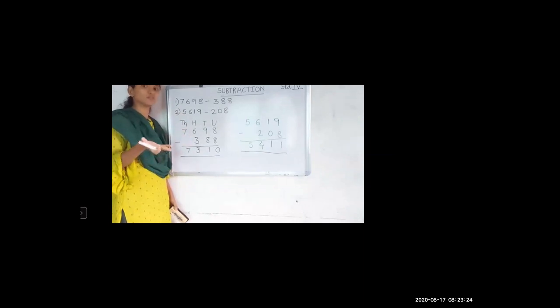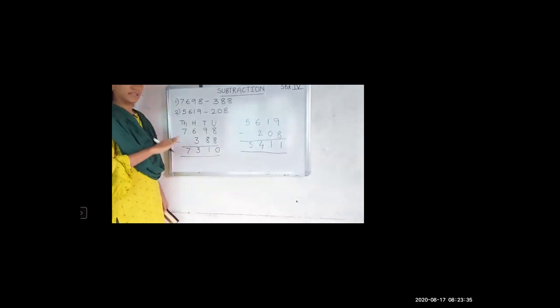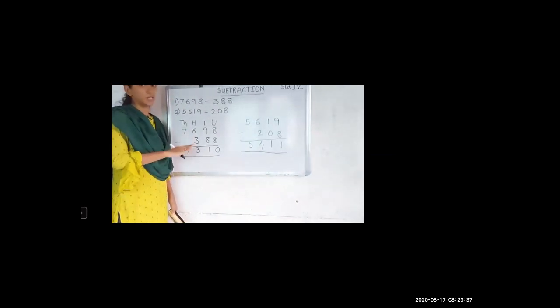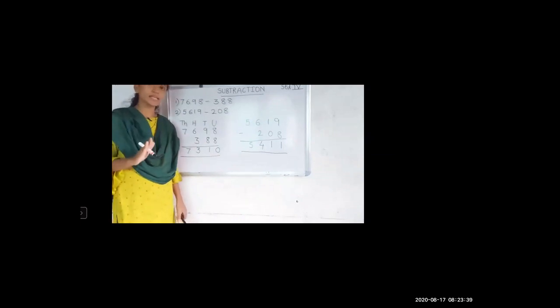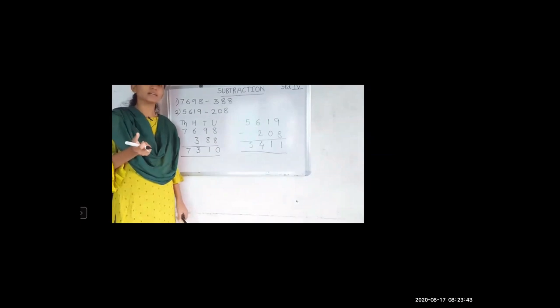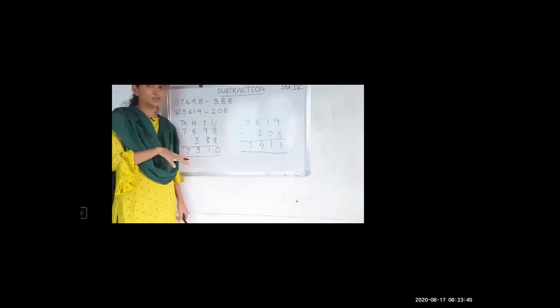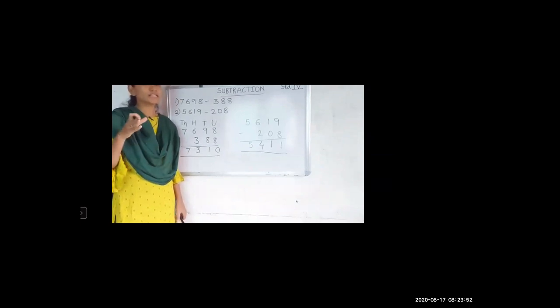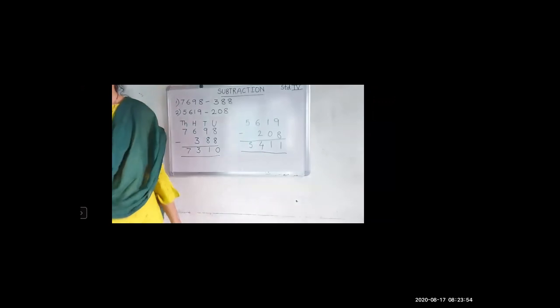So I hope you have understood this kind of examples where one number is of 4 digit and the other number is of 3 digit, or sometimes it may come like this, one number is of 5 digit and the other one is 4 digit. It may come in any way. So I think the topic of this subtraction you have understood very nicely. Now the very interesting part is coming on your way, that is, now I'm going to write the questions for you and you are going to solve the answers in your notebook. So let's get started for that session.